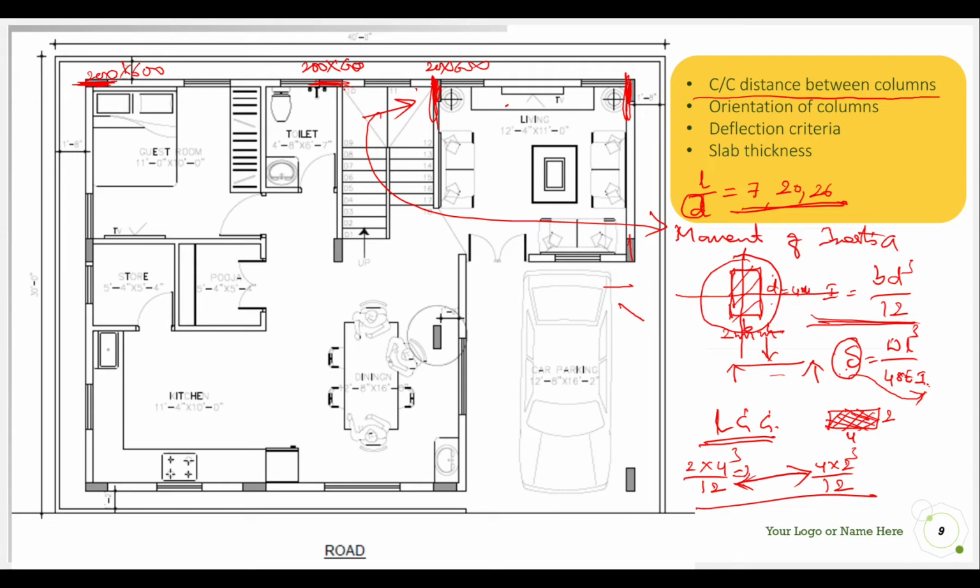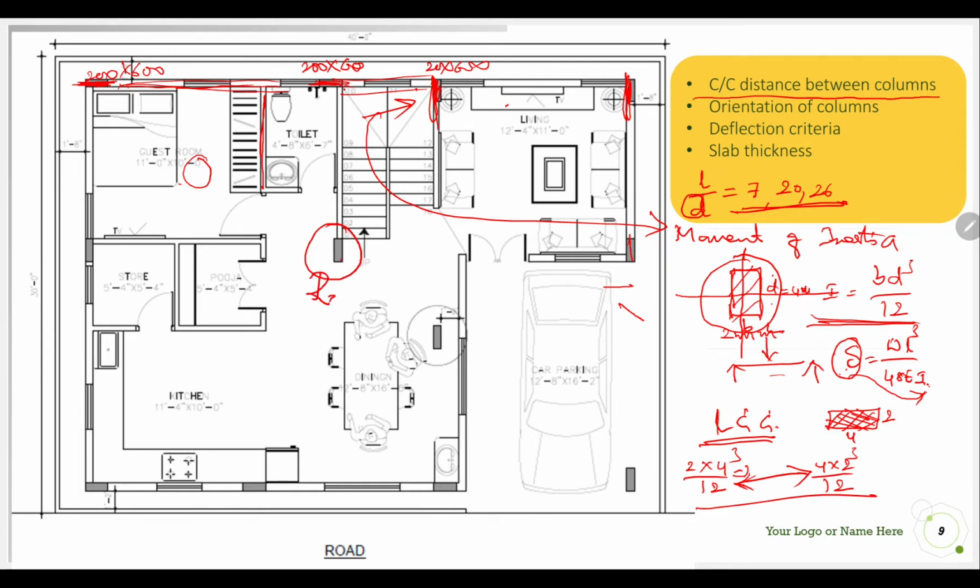After fixing the column layout, we need to provide the beams here, right? Again the beam depth, all those things. Initially we are providing some beam depth, then we are going for the design. Nowadays in modern days we have so many softwares like STAAD, ETABS or STRUCTS, whatever it is. There are so many softwares, we are designing by using the software package. But in the olden days, or even now, if you want to do it manually, you can do that. After applying the loads on the slabs, and after applying the loads on the beams,